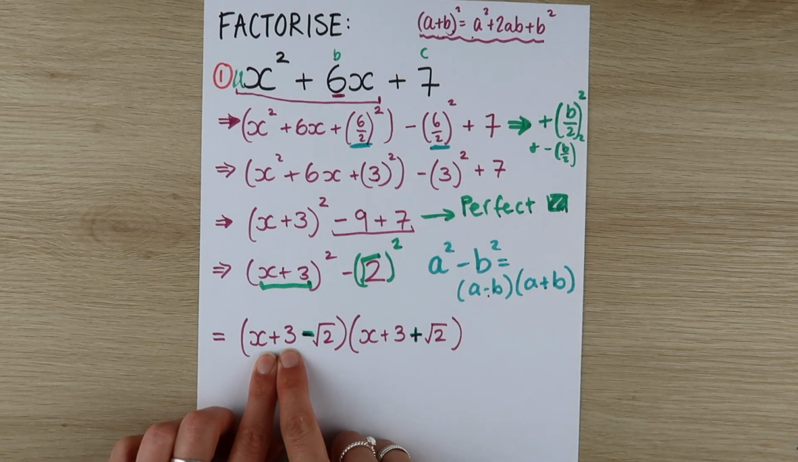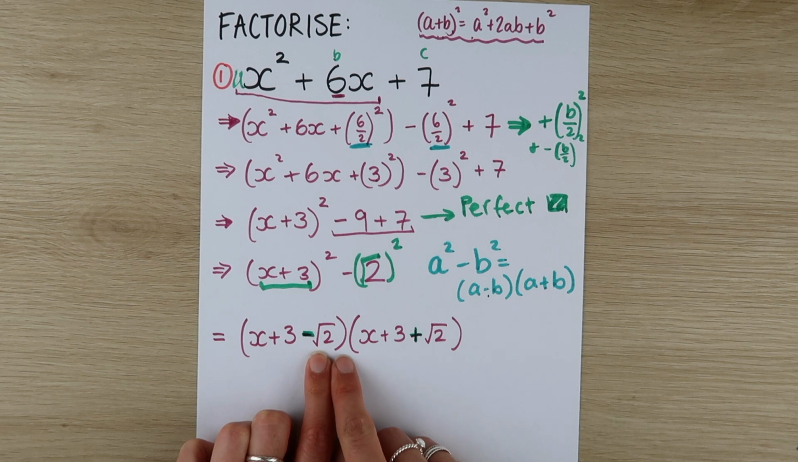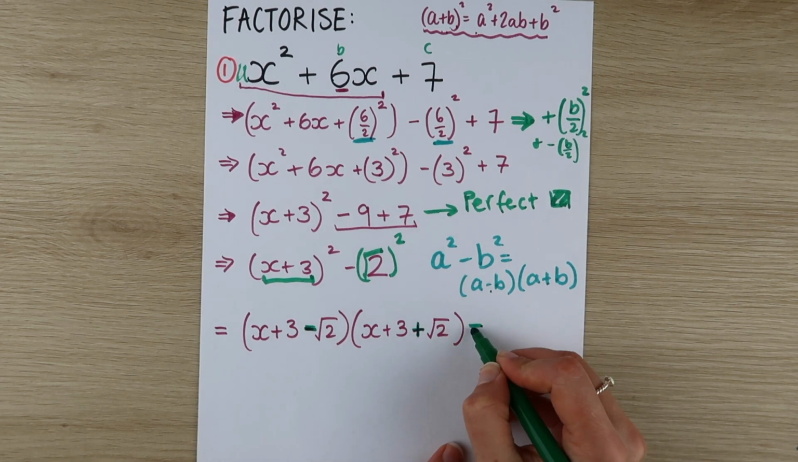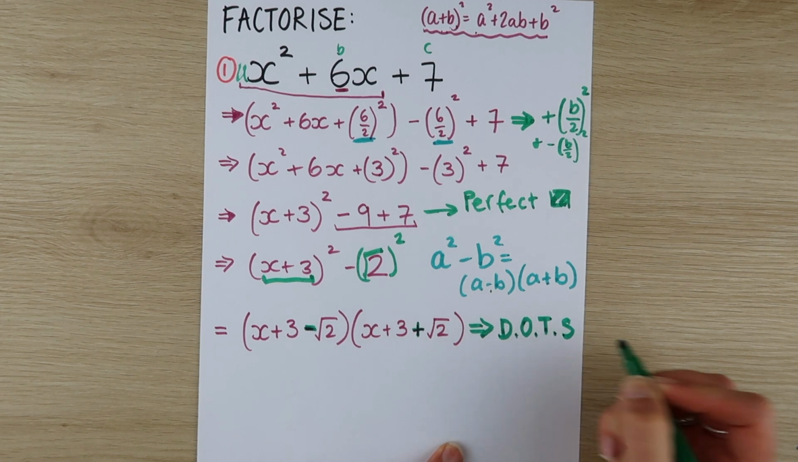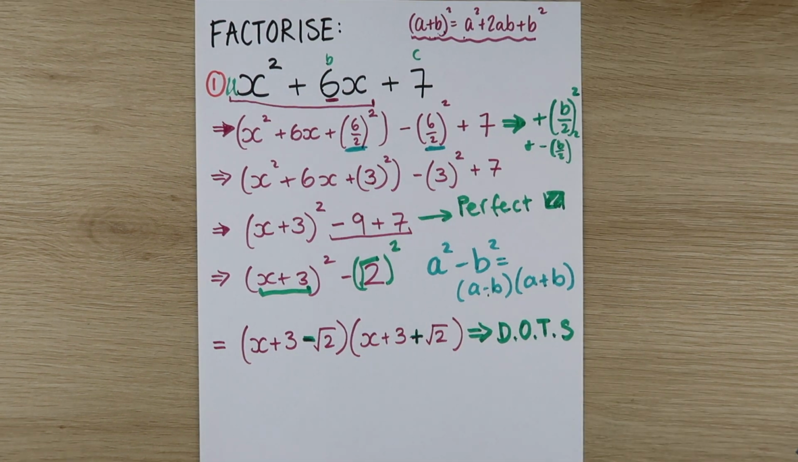Where x plus 3 is my A, and B is root 2. Now I'll just put that in and say difference of 2 squares. Now I'm going to show you another